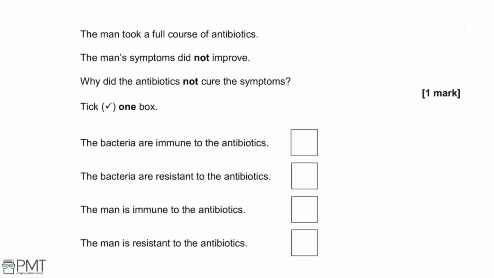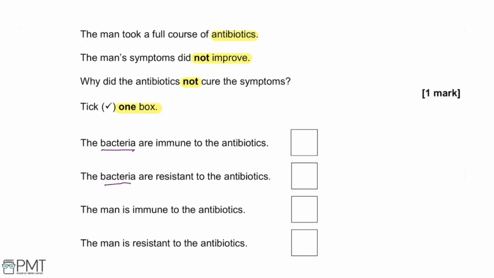The man took a full course of antibiotics. The man's symptoms did not improve. Why did the antibiotics not cure the symptoms? Tick one box. So of our options, we've got the bacteria are immune to the antibiotics, the bacteria are resistant to the antibiotics, and then we've got the man is immune to the antibiotics, and the man is resistant to the antibiotics. So the first thing that you can say about this question is going to be about the bacteria,